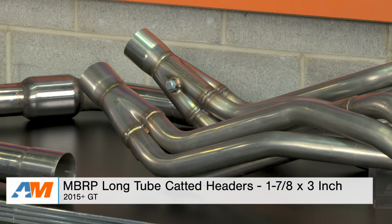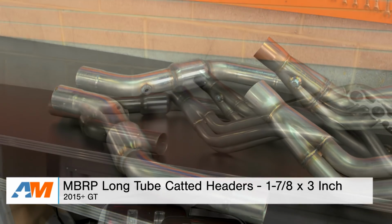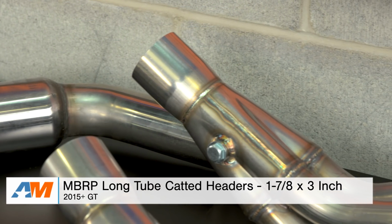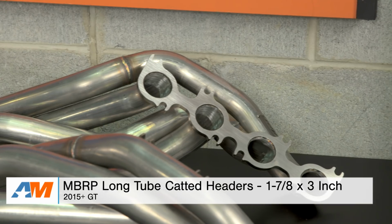So wrapping things up with the Mbrp long tube catted headers, these are 304 stainless steel headers with high flow race cats. They have 1 7/8 inch runners and a 3-inch collector that runs down into 3-inch collection pipes. You need a 3-inch cat back to pair with these headers,